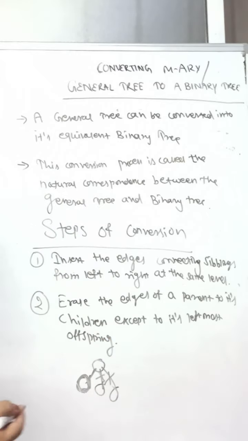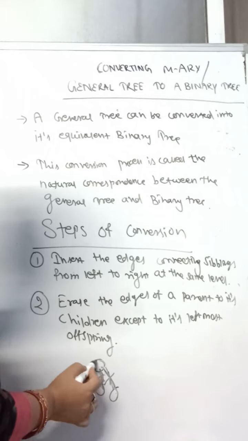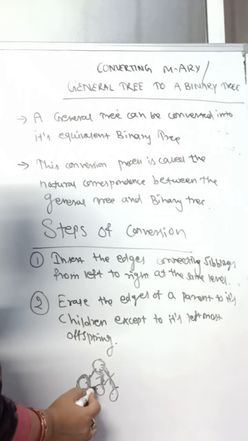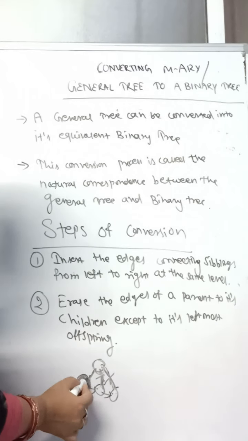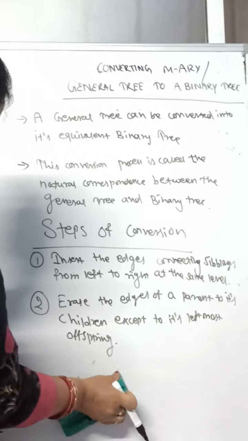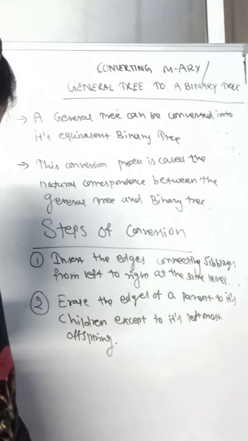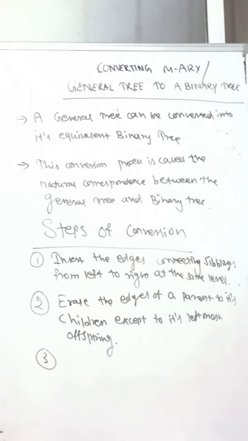Okay, and I have to keep them as the children of your root, but I have to keep them at the right side of this node. This is the right of this node, and this is the right of this node. Okay, so I will explain by giving one example to you. So you have to remember the steps only now.